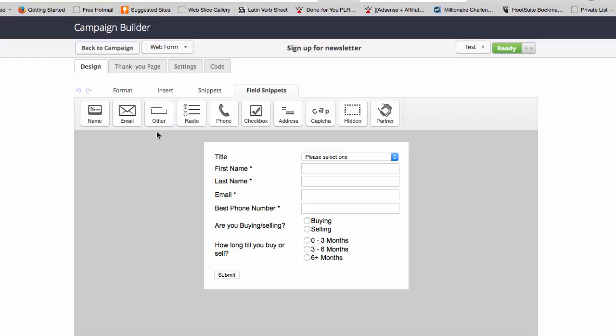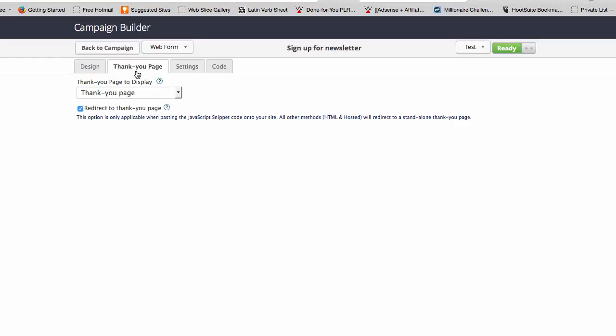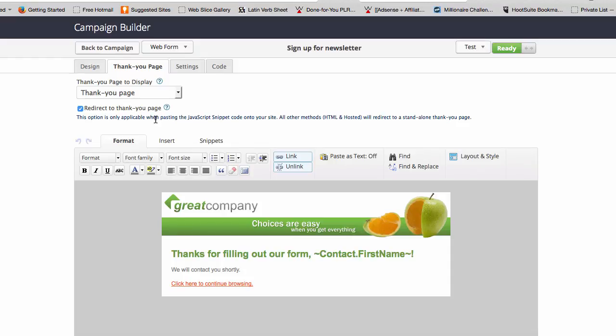Looks pretty awesome. What we can do now is once someone submits this, we can have it go to one of two places. We can have it go to a thank you page that's on the Infusionsoft platform, and this is what it looks like down here. And this is great if you don't want people to go to a specific page on your site. This little checkbox, if you're using the JavaScript code, which we'll talk about in just a second, will, if you have it to where it says redirect to thank you page, it will actually move their browser to this thank